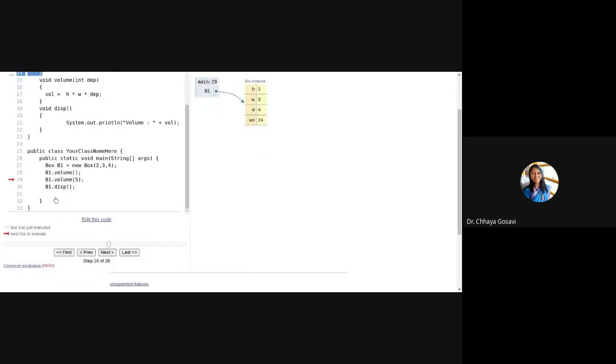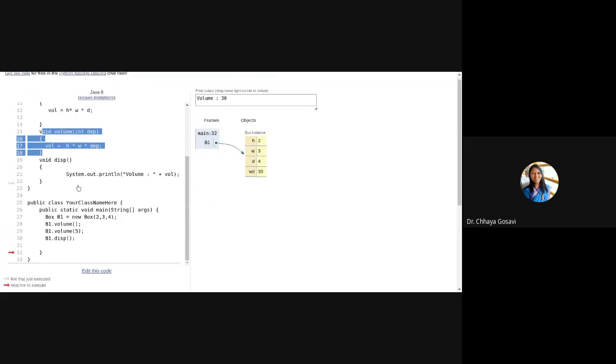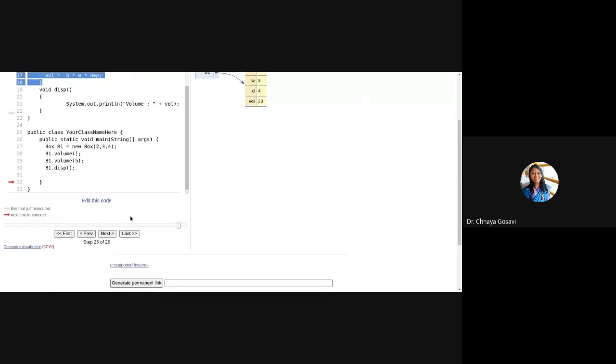So again, I'm calling a second volume with 5. So it will now execute this volume method. So this call and function body will be resolved at compile time. So it is called compile time polymorphism. I hope you are getting what I mean to say.